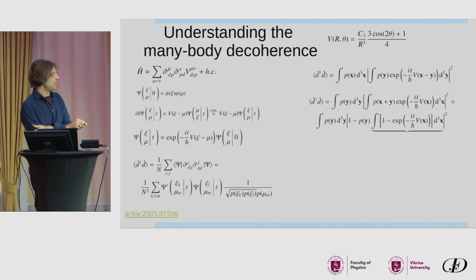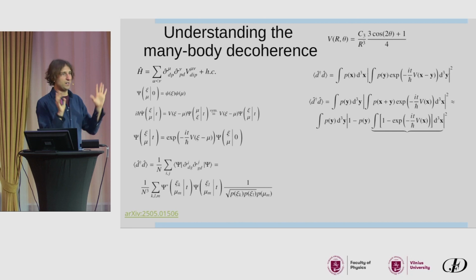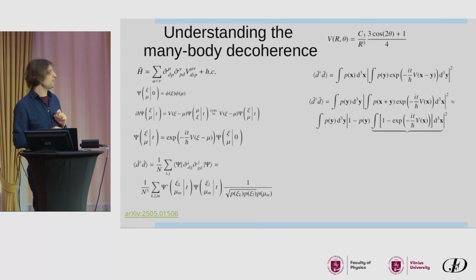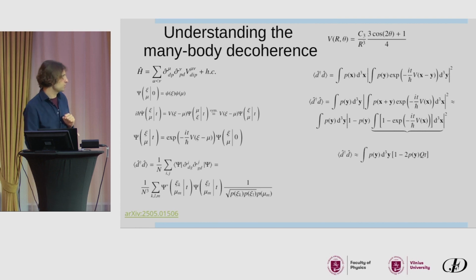And given a few rather well-justified approximations in which we assume that the interaction doesn't stretch very far outside of the atomic ensemble, we are able to get a very simple solution, which tells us that this decay,